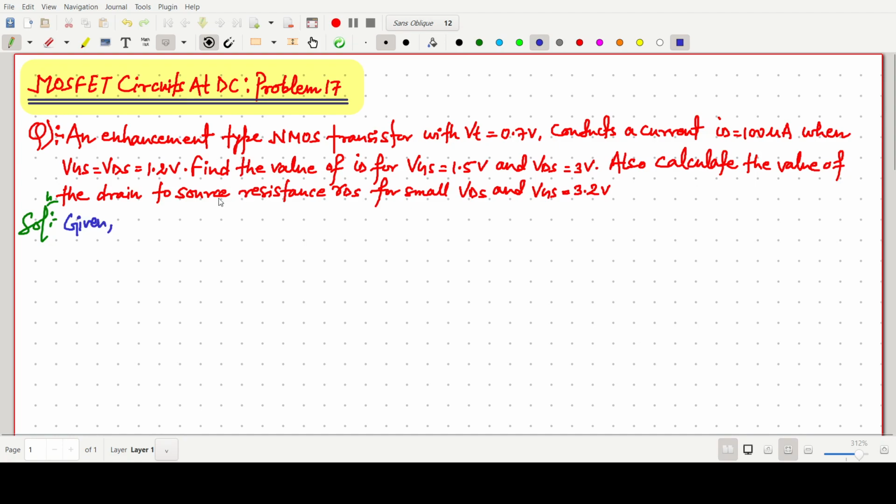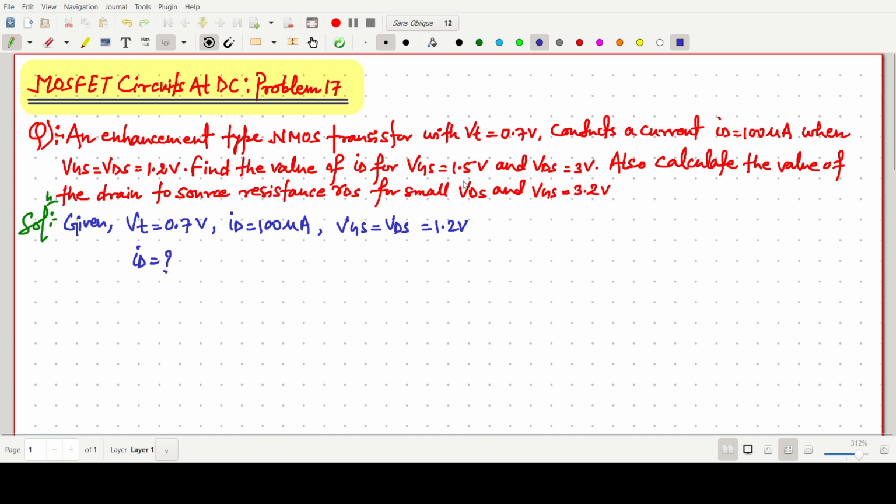In the given data, VT is 0.7 volt, which conducts a current ID of 100 microampere for VGS equals VDS equals 1.2 volt. So we have to find the value of ID, the drain current,